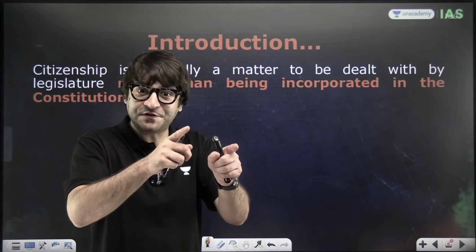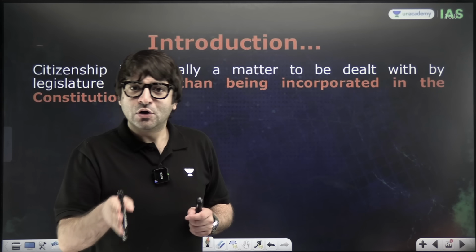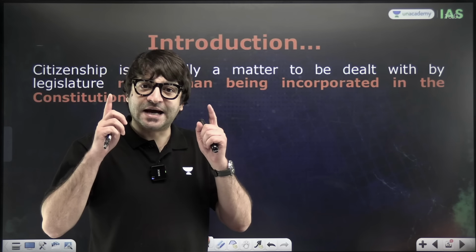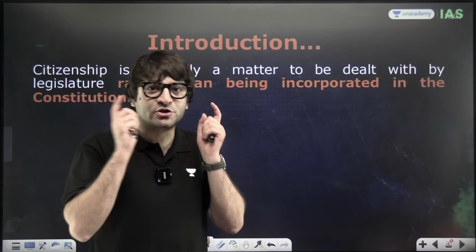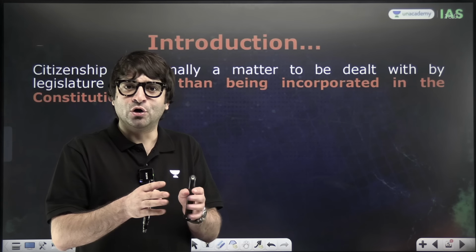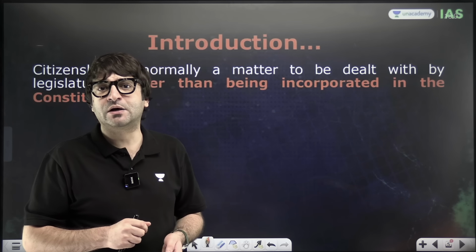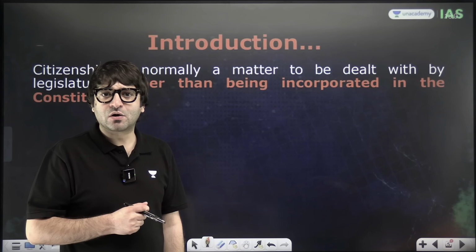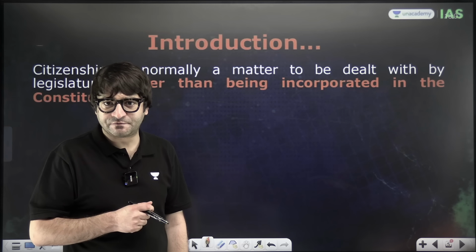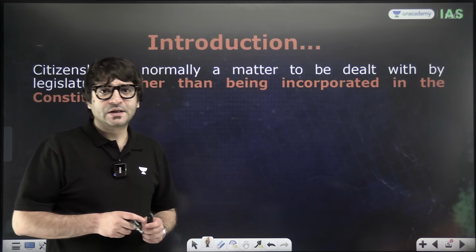But later, after the commencement of the constitution, who can become a citizen, who cannot become a citizen, that is a matter to be decided by the legislature, by the Indian Parliament, because Indian Parliament has the exclusive right, control over this subject called citizenship. Only Parliament has the power to make a law on citizenship. And Parliament did that by enacting a law called the Citizenship Act of 1955, which has been amended multiple times, which we will discuss.